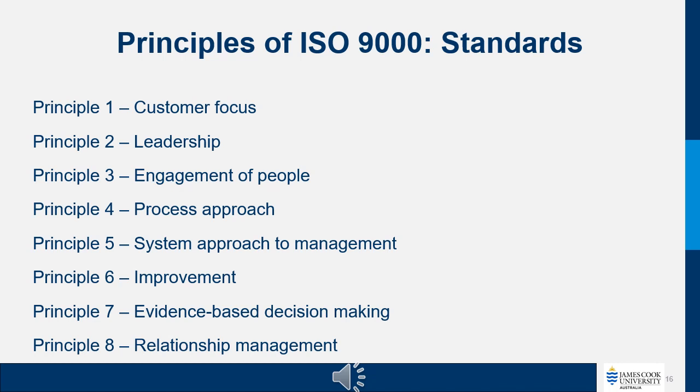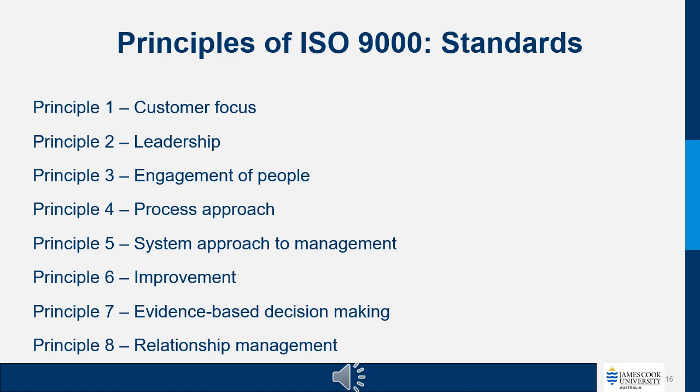We're looking into the process approach. Organizations should understand and manage their processes in a systematic way to achieve quality objectives and continuously improve the processes. Improvement basically means organizations should continuously improve their processes, products, and services. As well, we're looking into the system approach. Then we're looking into the factual approach to decision making, and mutually beneficial supplier relationships, which is basically the last one, looking into relationships with suppliers and other stakeholders.